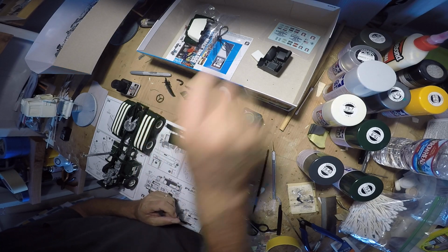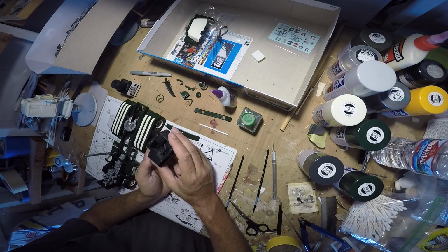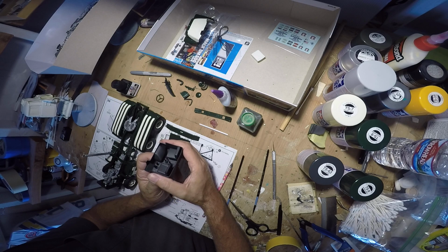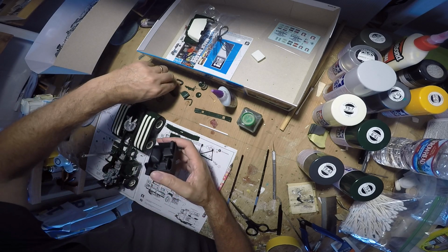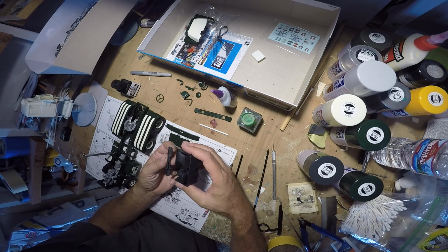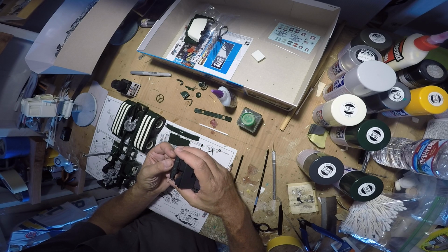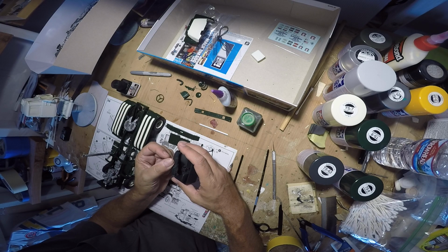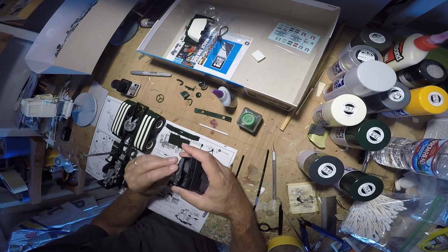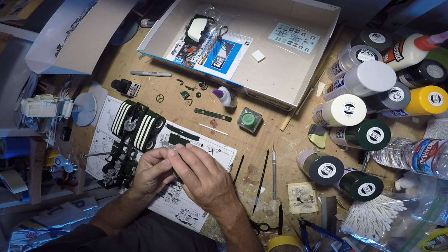So that's that. The interior, I just went with a basic Oliver black. This truck was primarily used on construction sites. It wasn't really an over-the-road hauler. So basic, inexpensive was the rule. The interior had to be durable, capable of withstanding a lot of abuse, and so